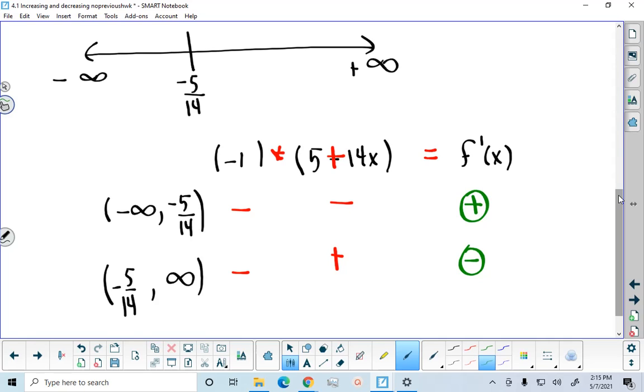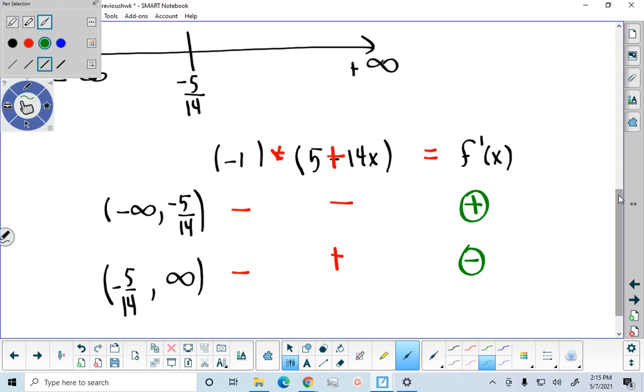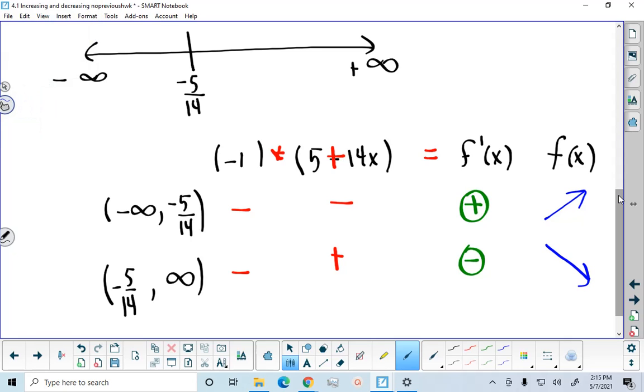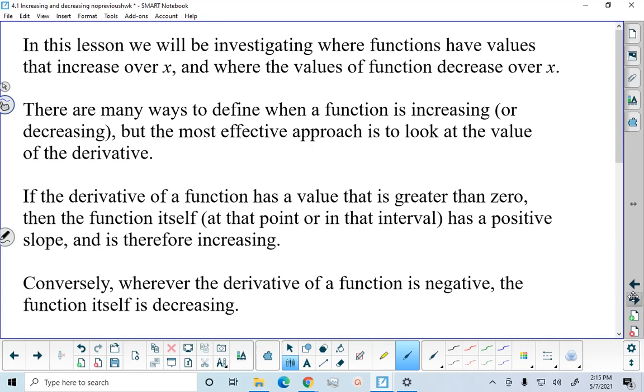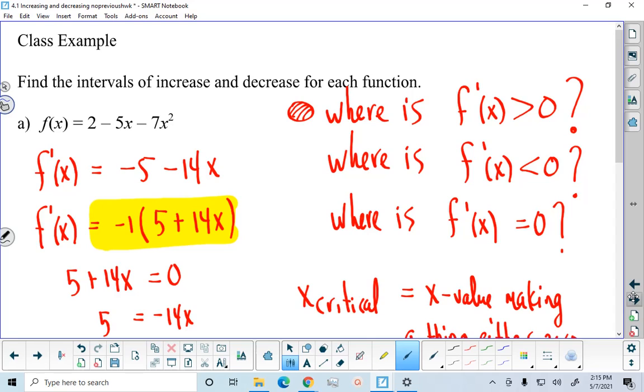What are the intervals of increase of the function? Actually, I'm going to add one more thing to our table that I would like you to add. I'm going to put f of x here. Not f prime of x, f of x. Now, what does the positive derivative tell you? It tells you that the function looks like that in that interval, and it looks like this in this interval. I mean, it may curve, of course, but generally speaking, it's going up in the first interval and down in the second. So if you go back and look at the question, the interval of increase